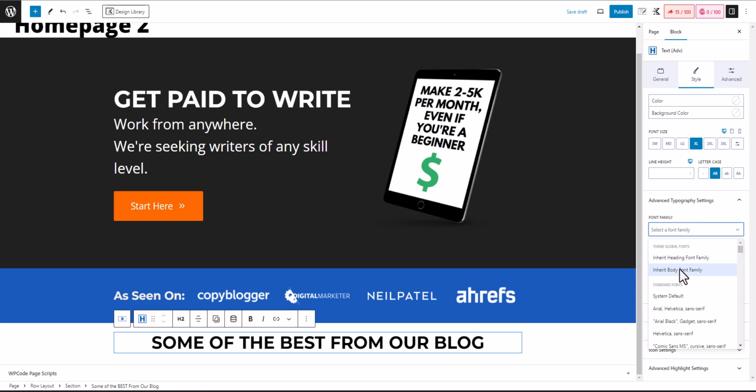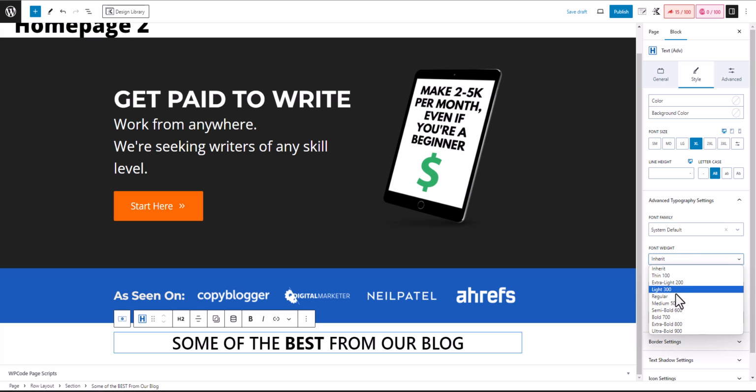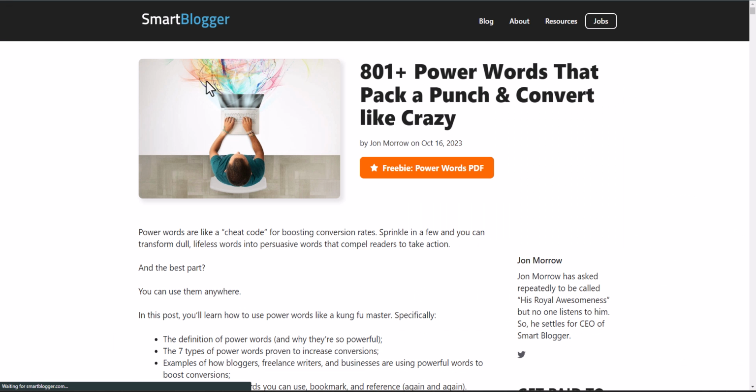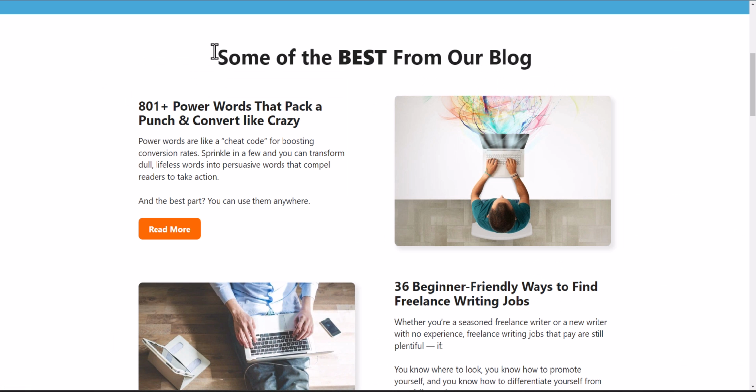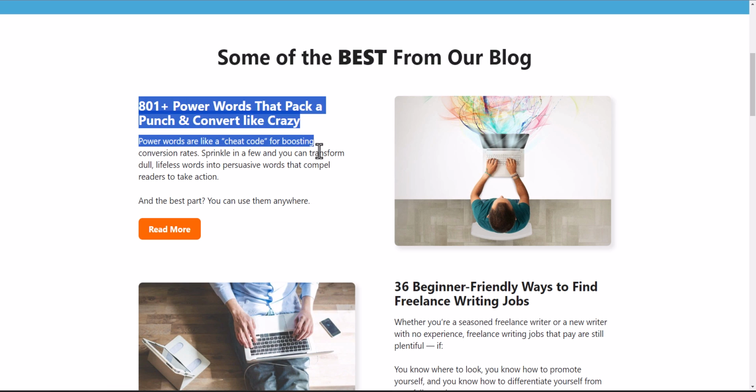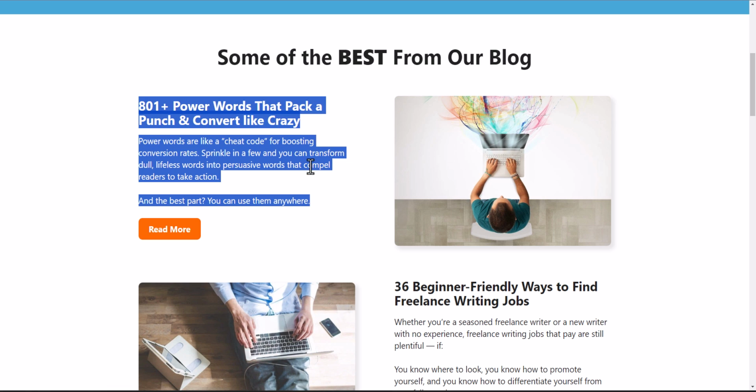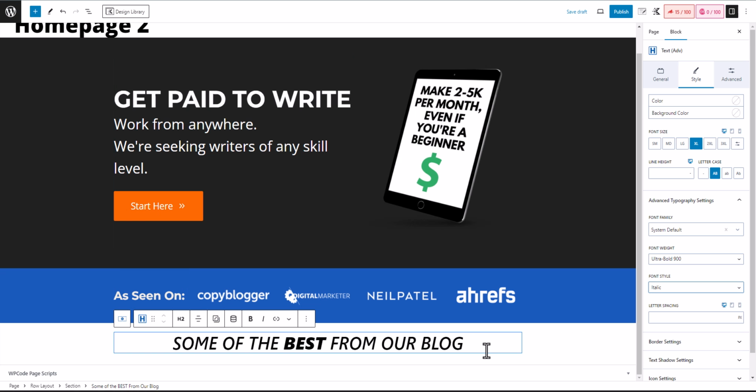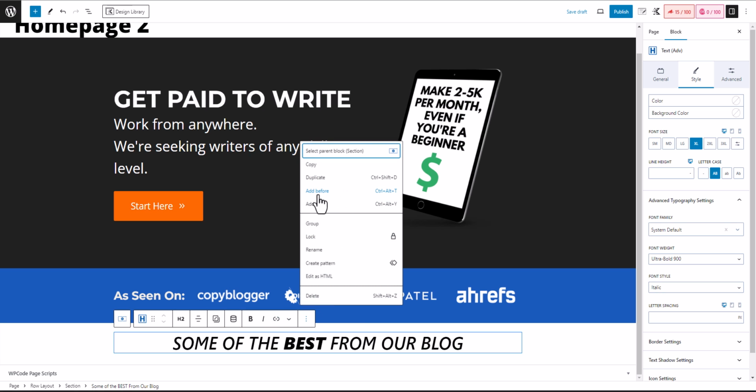So let's add a system default. Let's click on 900 like this, and let's set the font style to italic. Okay, now it's looking quite good. Now we need to add the section like this. So we need to add the title of the blog post, and then we need to add the images. So let me just copy the title from here like this, and I will click on add after,